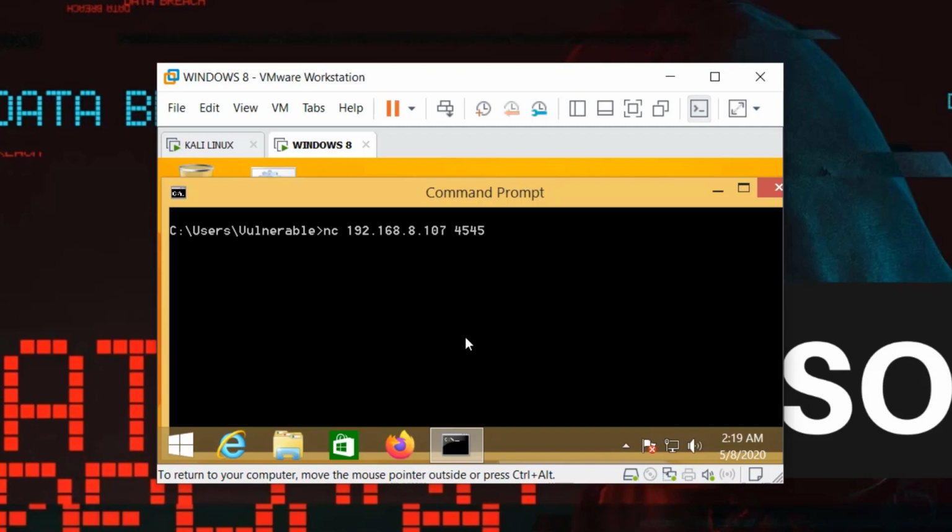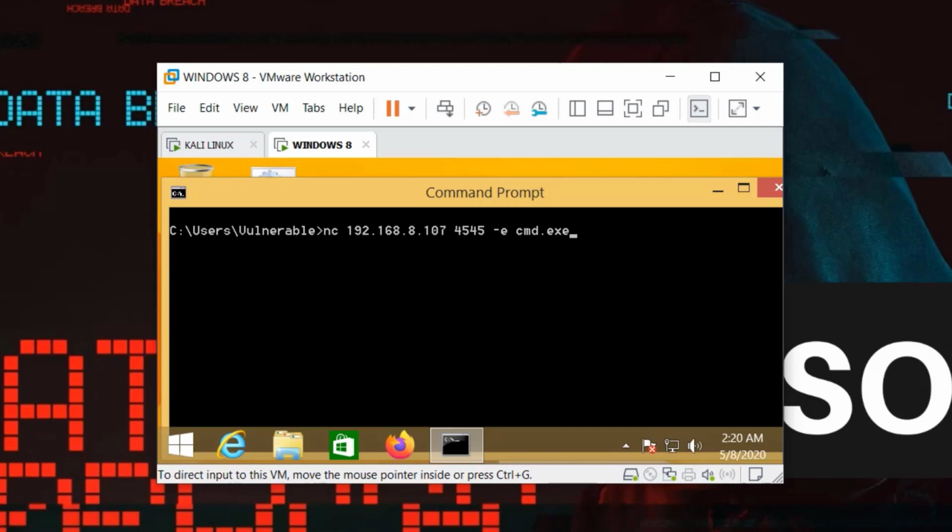I'm going to give the IP, the port which we are going to use, and cmd.exe. I'm going to keep it simple, so that's why I'm using this simple reverse shell command. So this is our payload which I have crafted now. I'm going to use Netcat for creating this reverse shell.